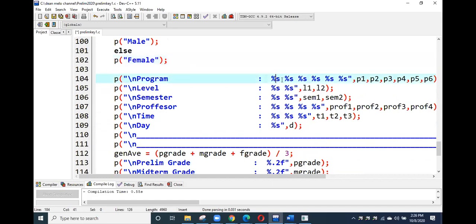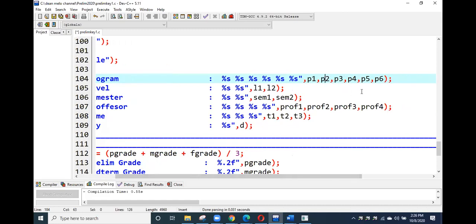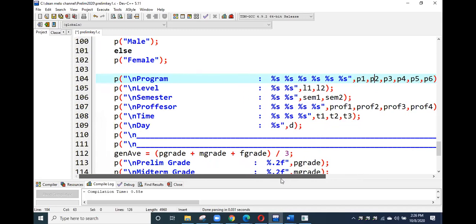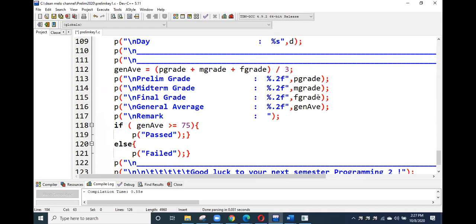Okay, displaying the program. Again, the control string or the type. Sir, please scroll up again. Please look up a little. Excuse me. Then the